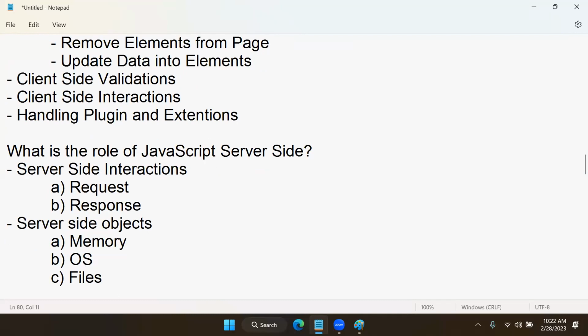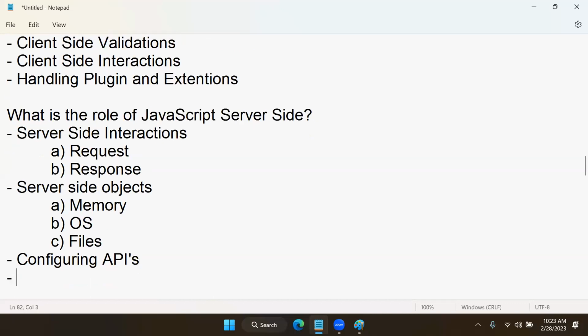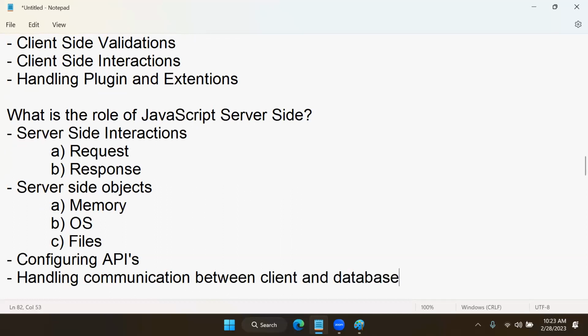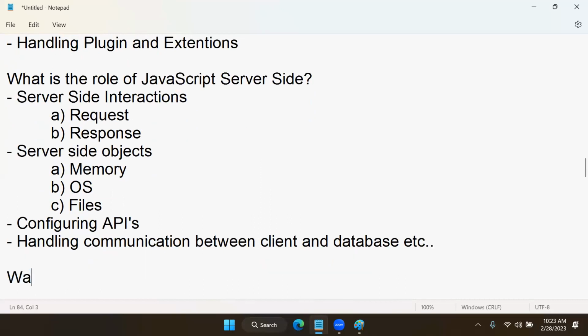JavaScript server side. Actually, it is even used for configuring server side APIs and business logic, and it is even responsible for handling communication between client and database. All these activities are done by JavaScript on the server. People use JavaScript client side for the reasons I told you. People use JavaScript server side for these reasons. And for what purpose do people use it? So what is the role of